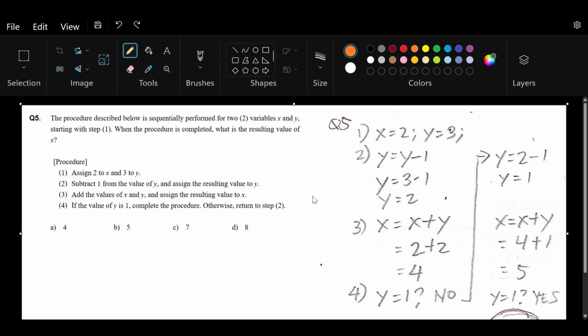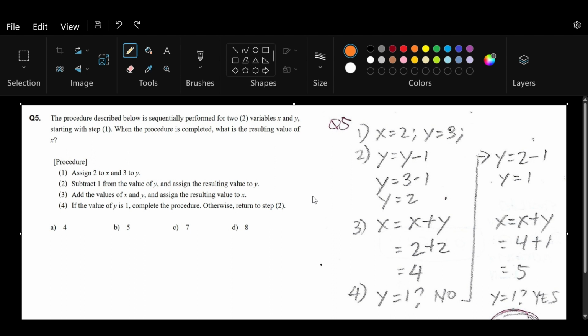Question number 5 of the IT password exam from PhilNITS. In this question, we are being asked, when the procedure is completed, what is the resulting value of x? The procedure is described below and should be sequentially performed for the two variables x and y. The procedure includes the steps that we need to follow to find out what would be the resulting value of